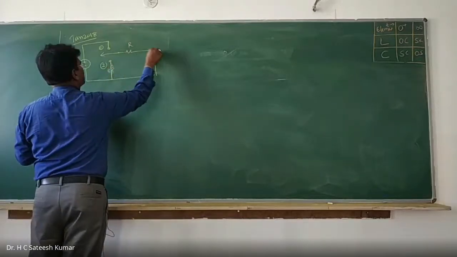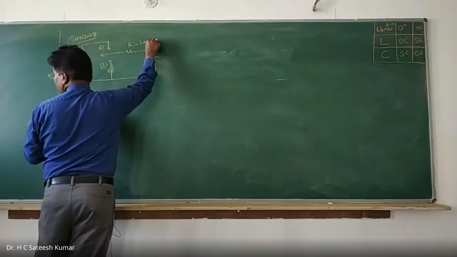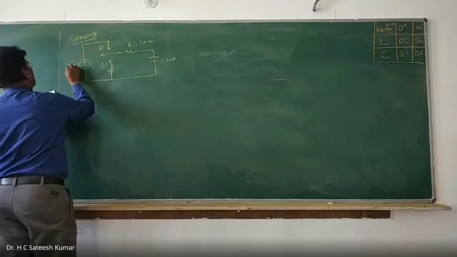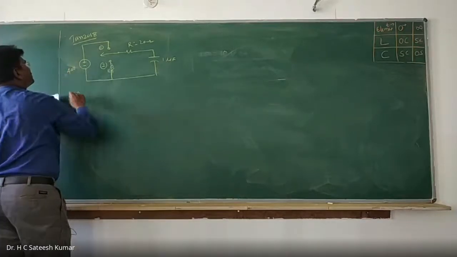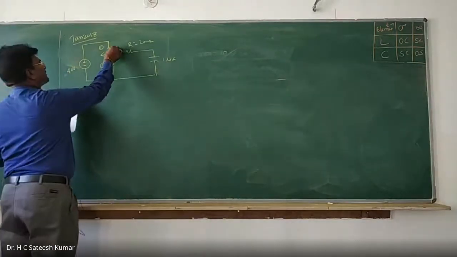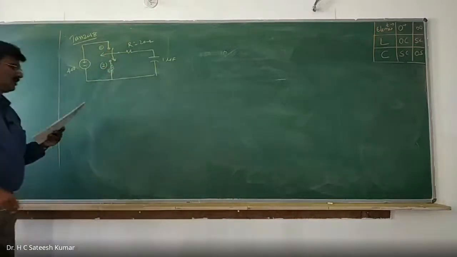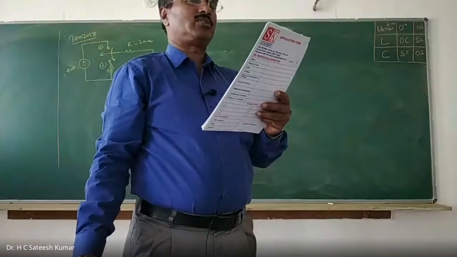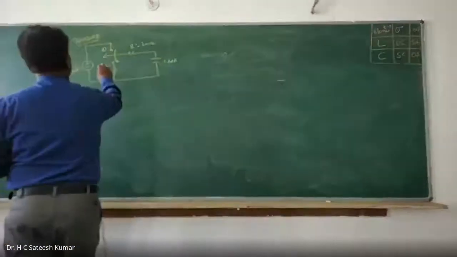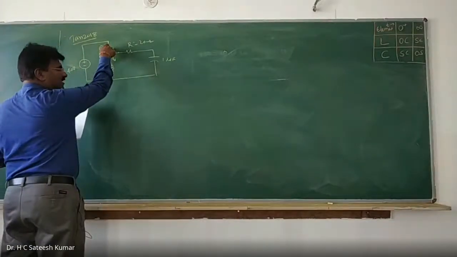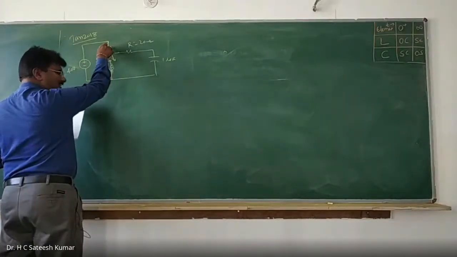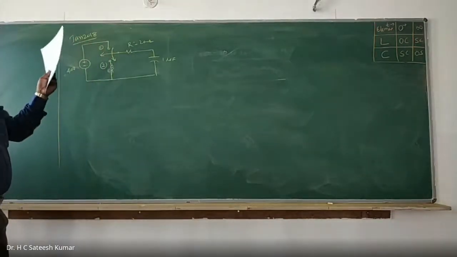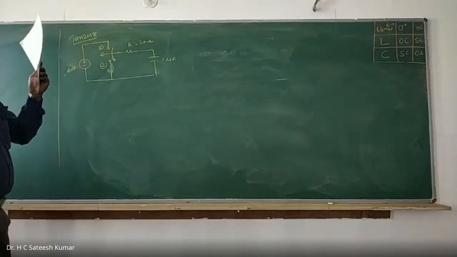R is equal to 20 ohms and C is equal to 1 microfarad and V is equal to 40 volts. Okay, right. The switch is like this. The circuit is like this. In the question, in the circuit shown in figure, switch is moved from 1 to 2. That means initially switch is here. That means it has reached a steady state. When it is here, it is reaching the steady state because it is there for a long time in switch position number 1. So when in switch position 1 itself, it has reached the steady state.